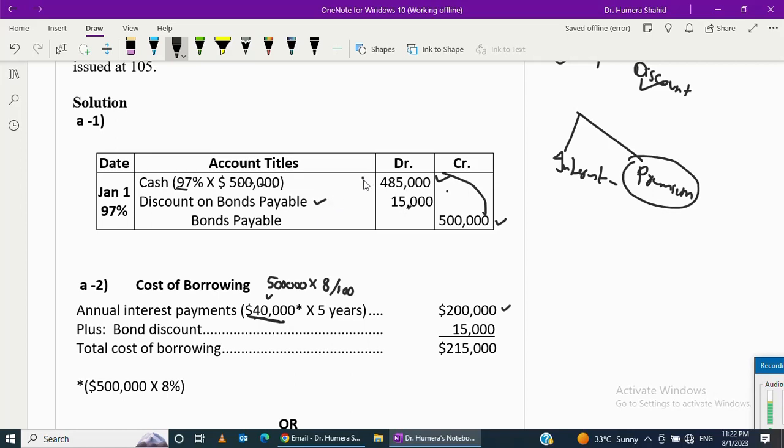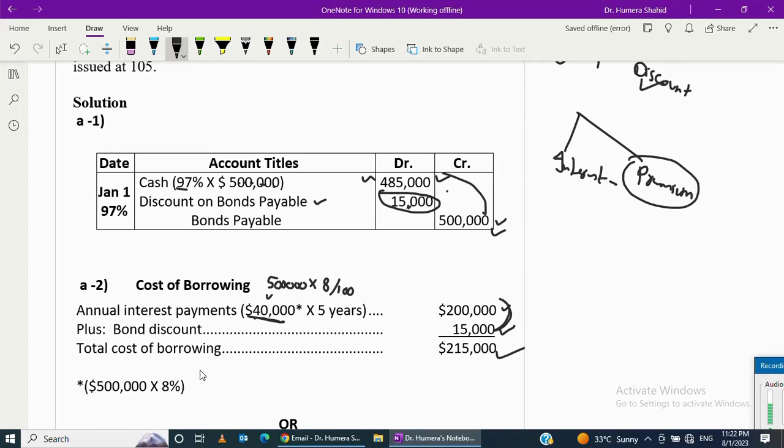You collected only 485,000, but at maturity you have to give 500,000. So this discount you have to also pay from your pocket, just like interest. So interest plus the discount on bond together, they are your cost of borrowing, that is 215,000. Another way to do it is to write all the payments you will be making and minus what you collected